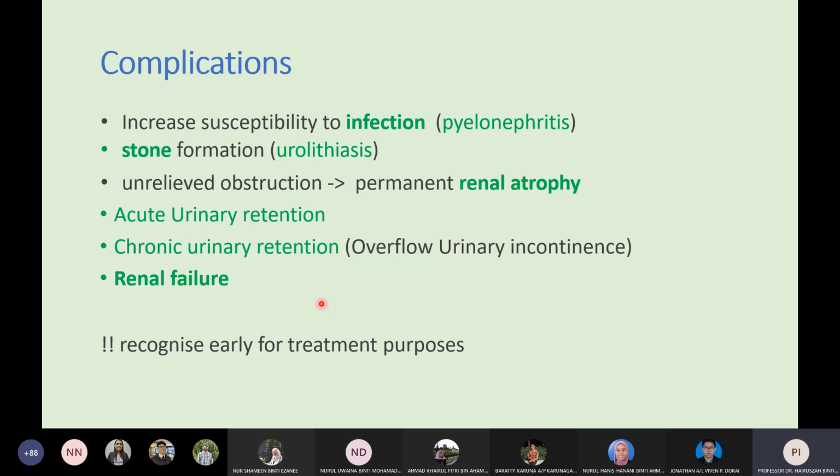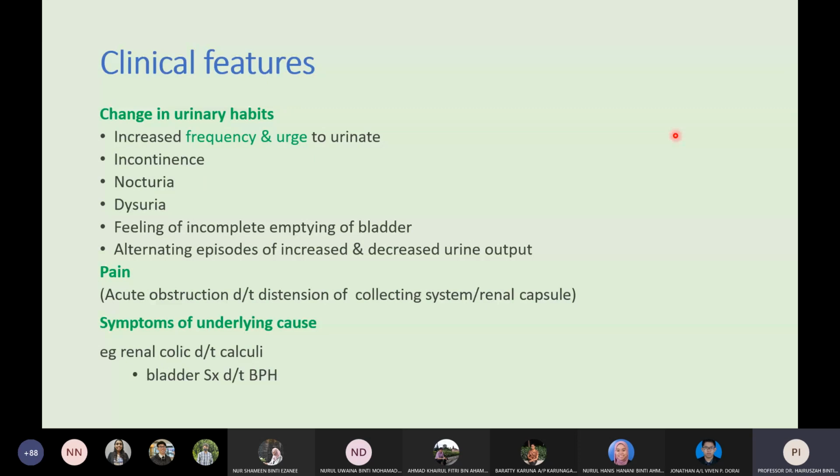These conditions are treatable. So recognition of diagnosis at an early stage is very, very important. Whenever your patient comes to you with a urinary complaint, don't take it lightly, especially when they're elderly, men especially. Look out for prostate enlargement. Okay, clinical features. Clinical features of BPH depend on where